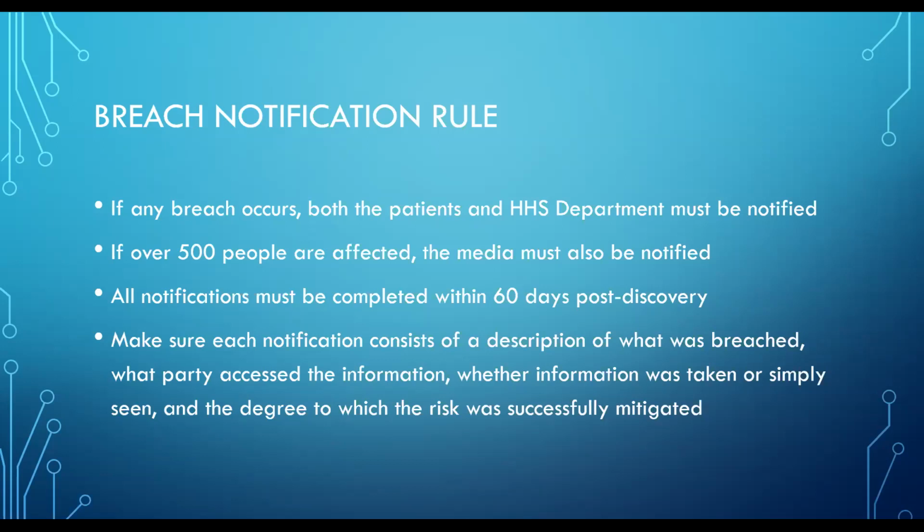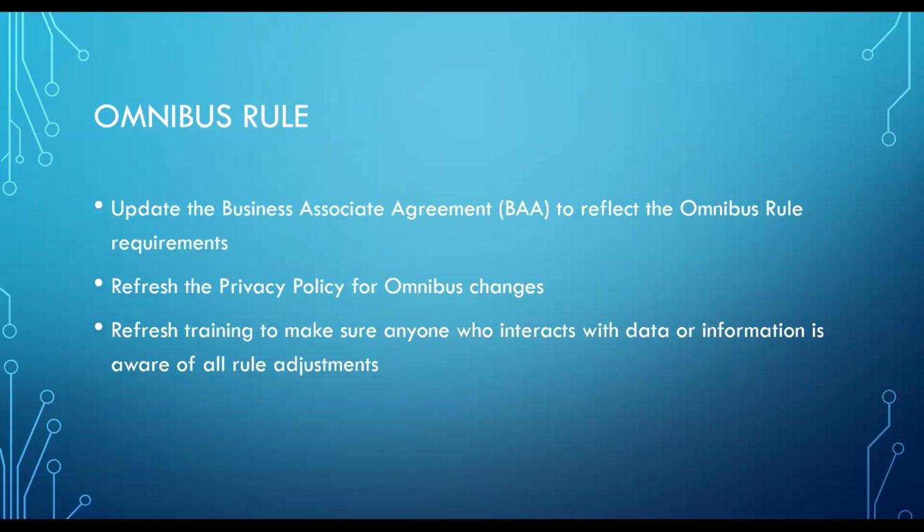And then making sure each notification consists of 4 things, and that is a description of what was breached, who accessed the information, whether the information was taken or just simply seen, and then the degree to which the risk was successfully mitigated. And then the final rule was the omnibus rule, which